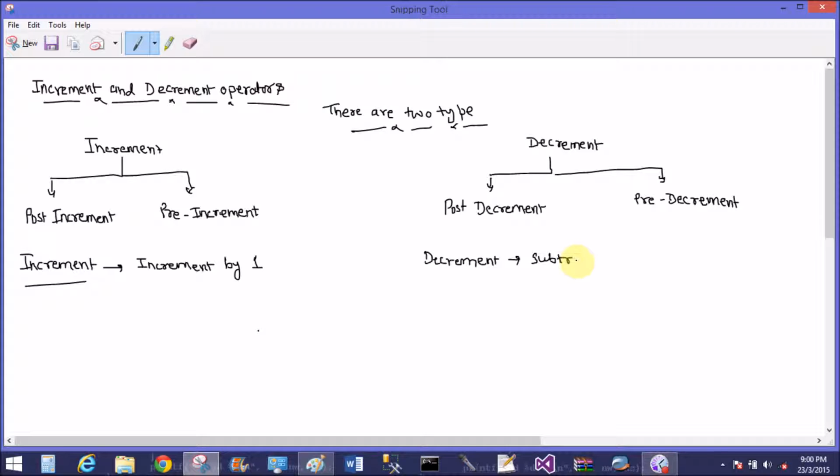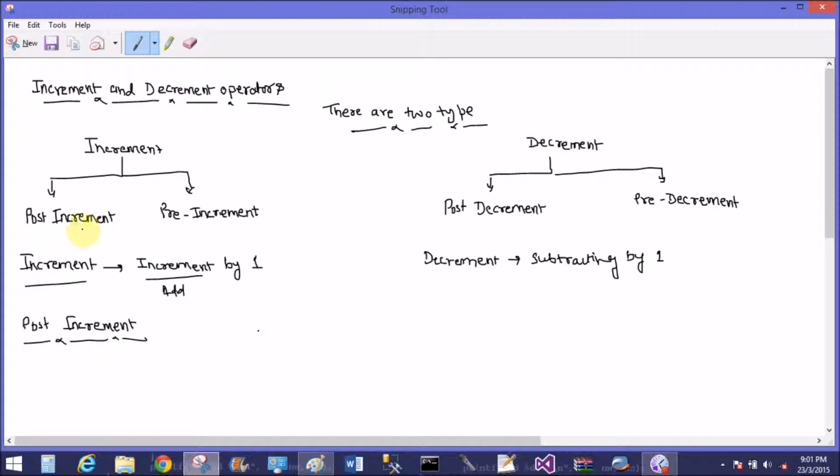In case of decrement, subtracting by 1. Post increment, the definition of post increment: